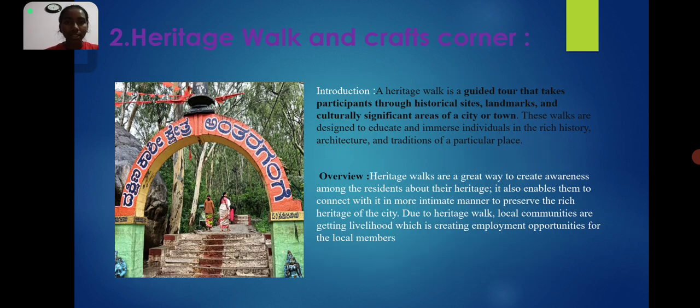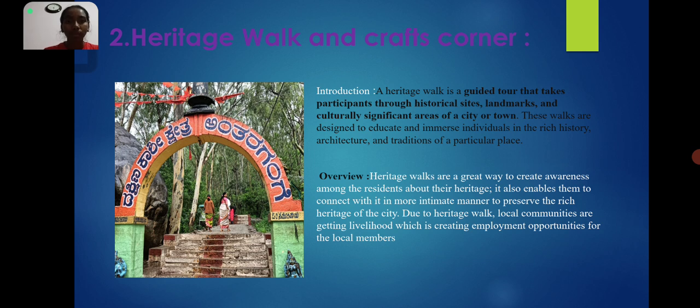Looking into the next part, that is Heritage Walk and Crafts Corner. A heritage walk is a guided tour that takes participants through historical sites, landmarks, and culturally significant areas of a city or a town. These walks are designed to educate and immerse individuals in the rich history, architecture, and traditions